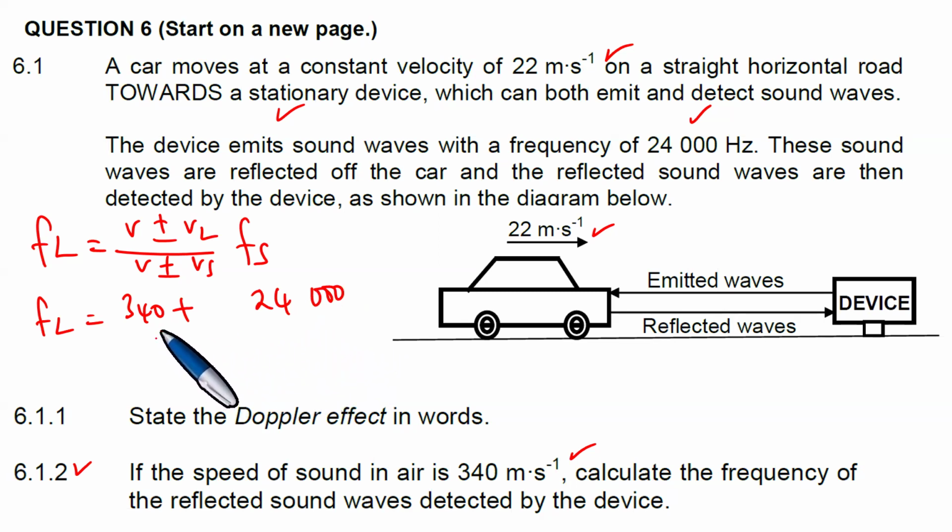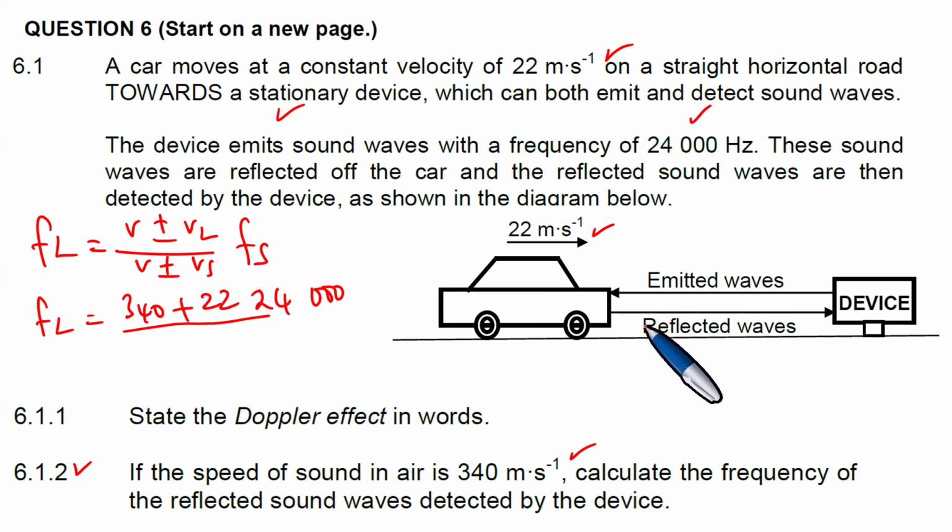I want us to look at this very carefully, and we're going to put the velocity that is actually detected by the listener. We are able to understand that you have the emitted waves by the device and the reflected waves. So with these reflected waves, you can note that this car that is moving at 22 meters per second will result in waves that have a velocity of